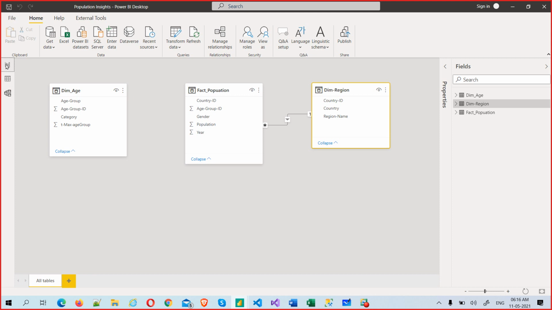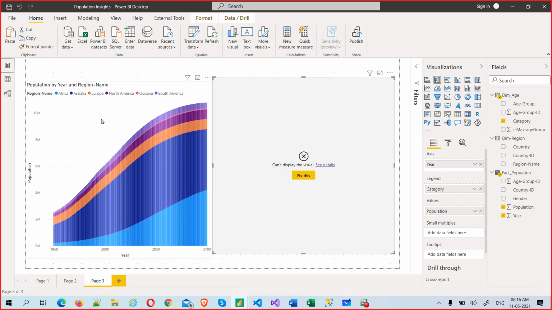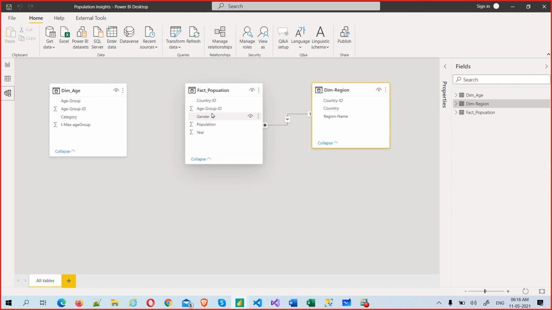That is the reason it failed. But this is okay because it has a relationship. So now let me create a relationship. Age group ID. We know the pain, how much effort we put into moving this relationship ID. We have done a lot of transformations there, and then let me go back and create the relationship.